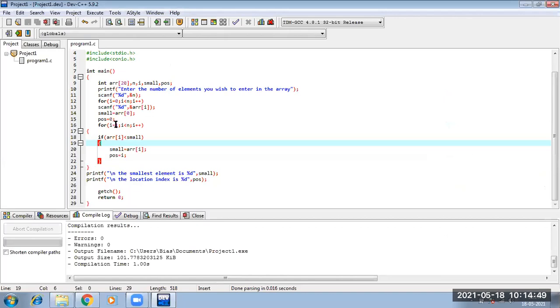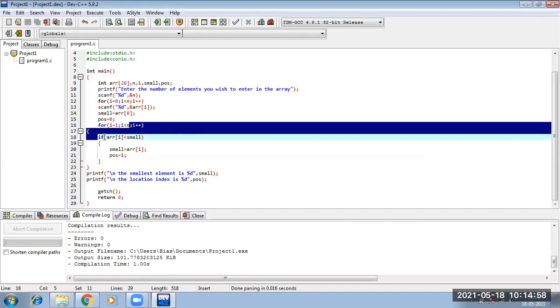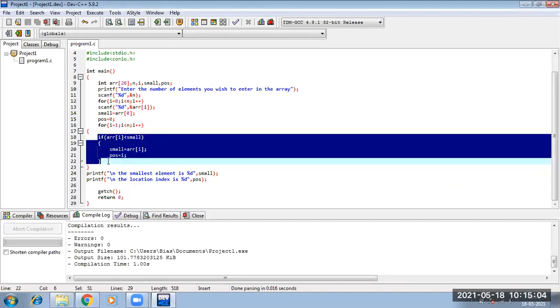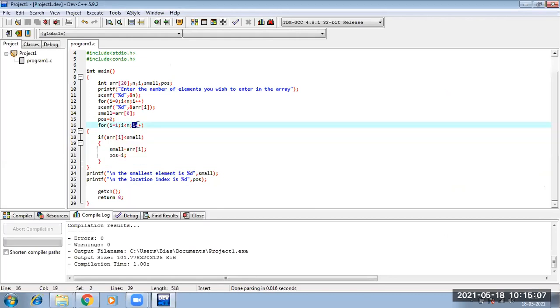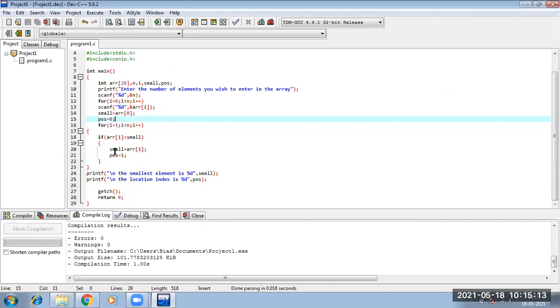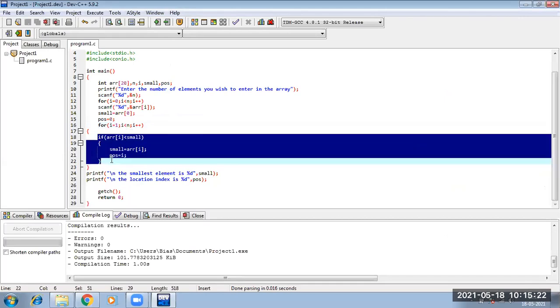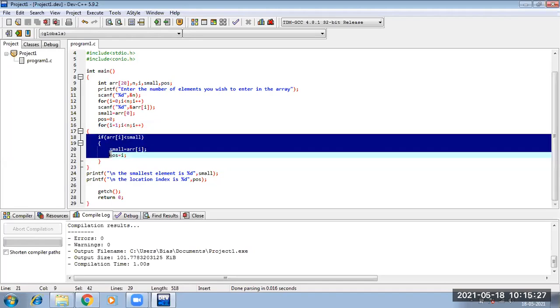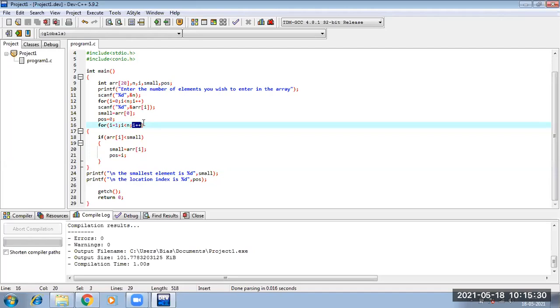Suppose our I is starting from 0 and going till less than upper bound, and in between I am doing some work. After my work was done, my counter was getting incremented. Again I was checking, doing some work, after that the counter is getting incremented. So the circle is from here, it goes to this step, and after this step it goes to this step. This is the circle, right?